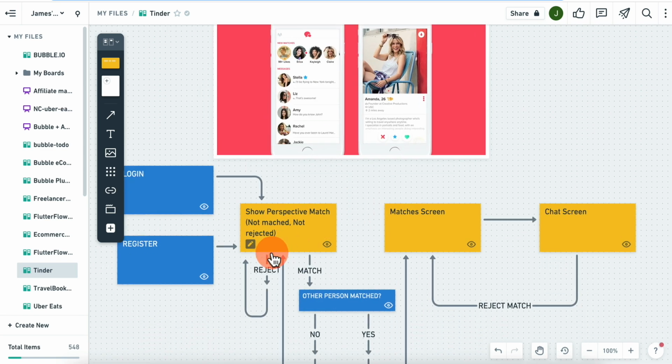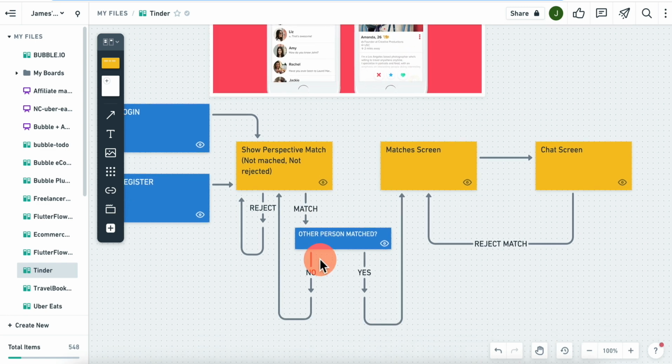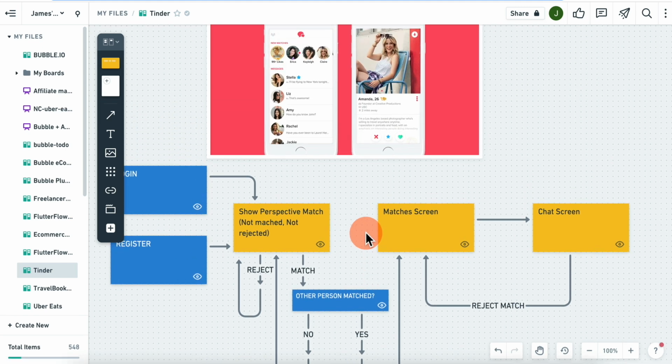Now, if they reject the user, they're never going to see that user again, and this page refreshes and they see the next possible match, okay? If they match the user, we make a note that they are interested in matching this specific user, and we also check if the other person matched us. If the other person matched us beforehand, meaning now we have a complete match, they matched us maybe a week ago and we just matched them today, we are going to make a note of that,